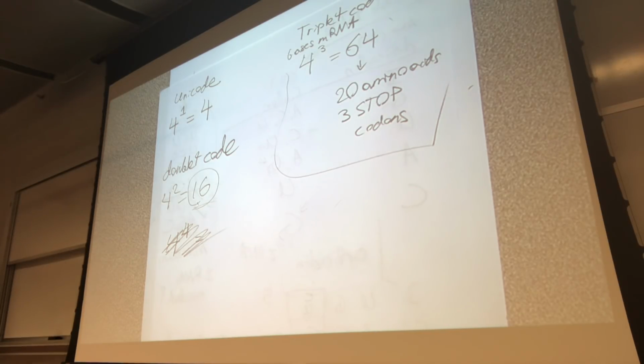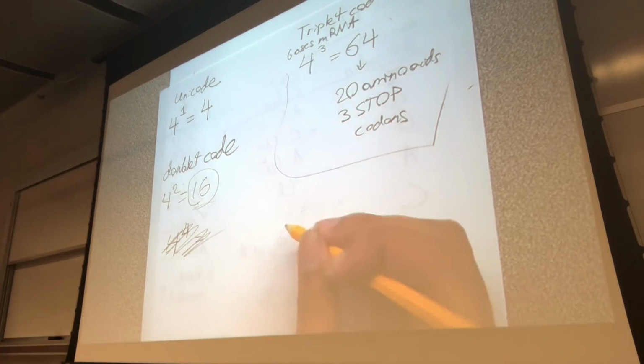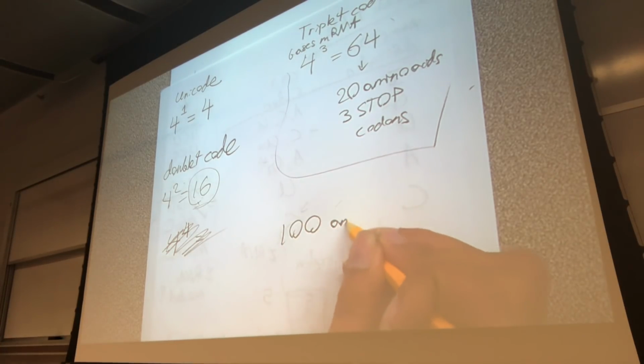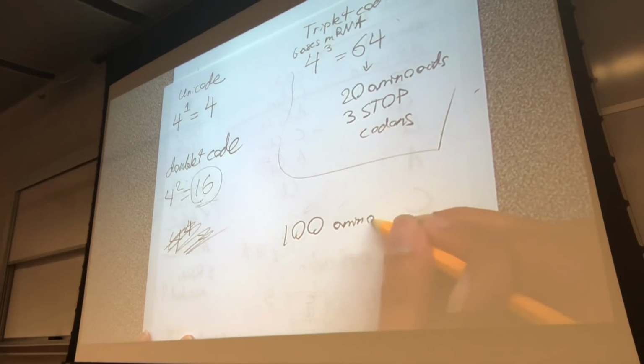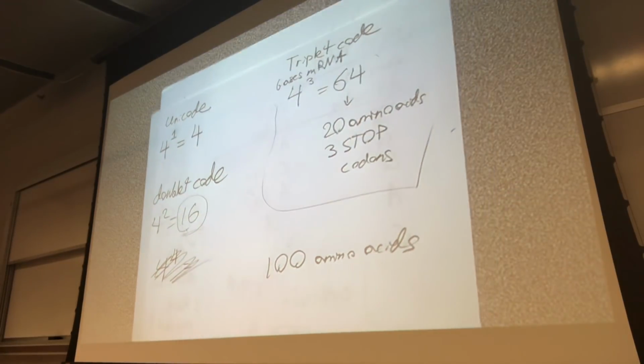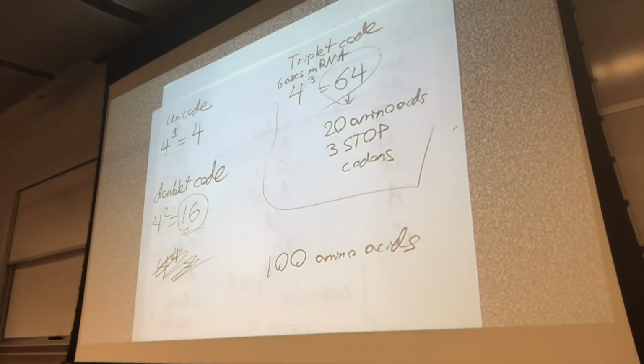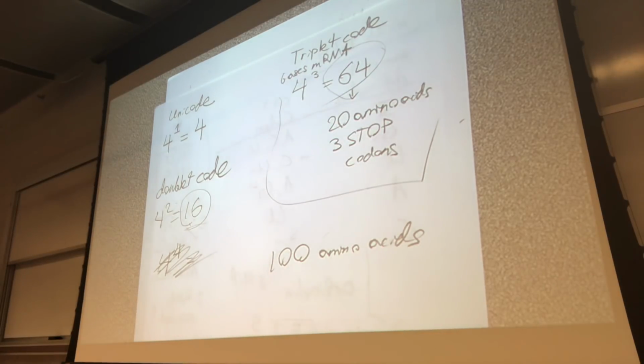Another way they could ask this is, what's the minimum length of code you would need to code for an organism that requires 100 different amino acids? Would a triplet code be enough to code for 100 different amino acids? The answer is no, because there's only 64 combinations. So the minimum length you would need, therefore, is 4, a quartet code or whatever. All right. So there's several different ways they could ask it based off this simple math. So just keep your mind open for those types of things. Any questions on that before I move on to the next concept? All right. So,